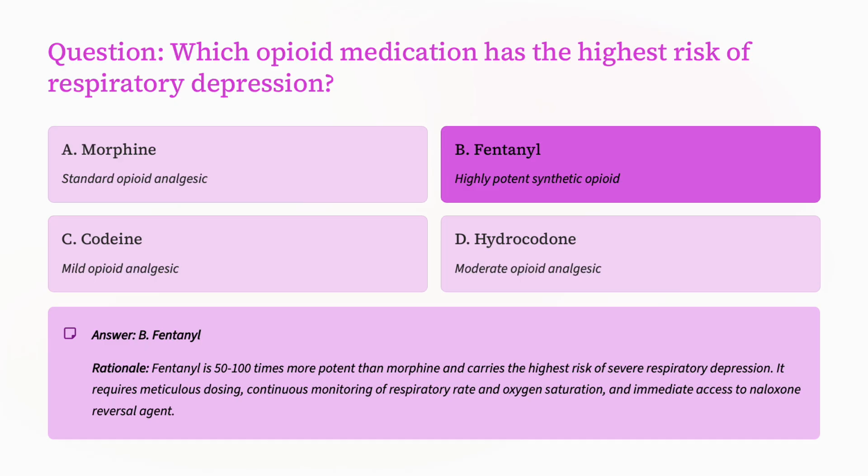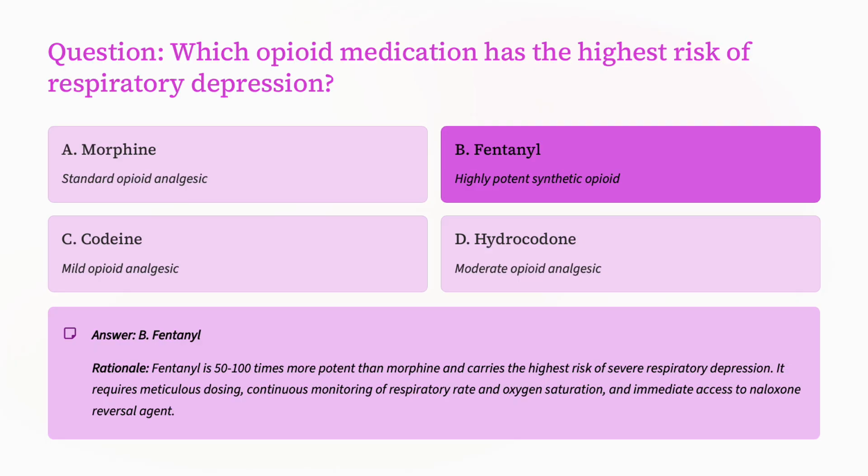And so not only for a HESI exam do you need to know the content and know all these medicines and everything else you need to know for the exam, but also how to take the test. And so I'm going to walk you through how to approach these questions. First, you want to read the question twice and make sure that you understand what it's asking. These questions can be tricky, and sometimes you'll select the wrong answer just because you didn't understand the question. So first, always start and make sure you understand.